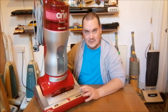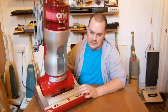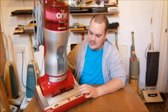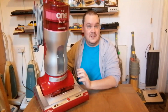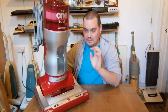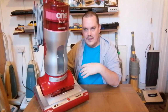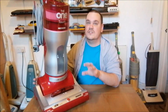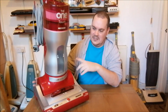I had to change the belt on this one because this has been in storage for probably 13 years. I haven't used it for 13 years, and in fact, I don't think I've ever used it. I would have bought it, looked at it, gone, oh yeah, okay, and then put it straight into storage. I genuinely don't think I've ever used this. I think this is the first time. This is a first use video, and I can kind of prove that to you as well by showing you